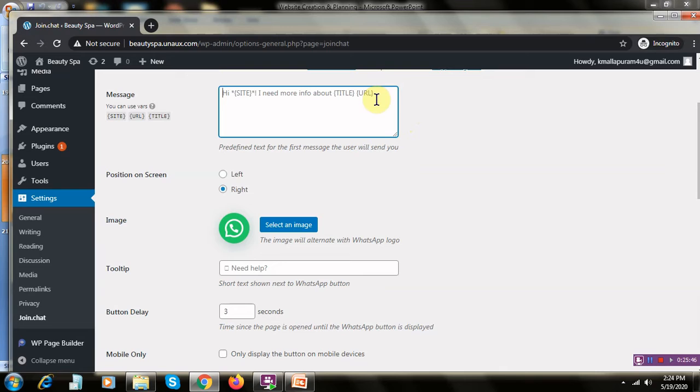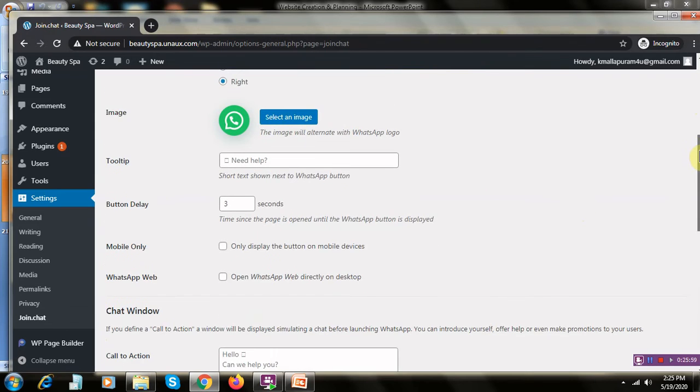You can use the position on the left side or on the right side. You can select the image. If you want to change this WhatsApp image, you can always change it to the image of your logo.